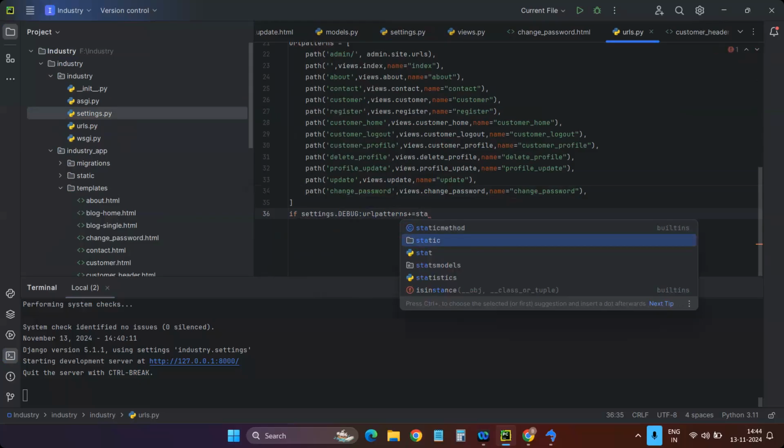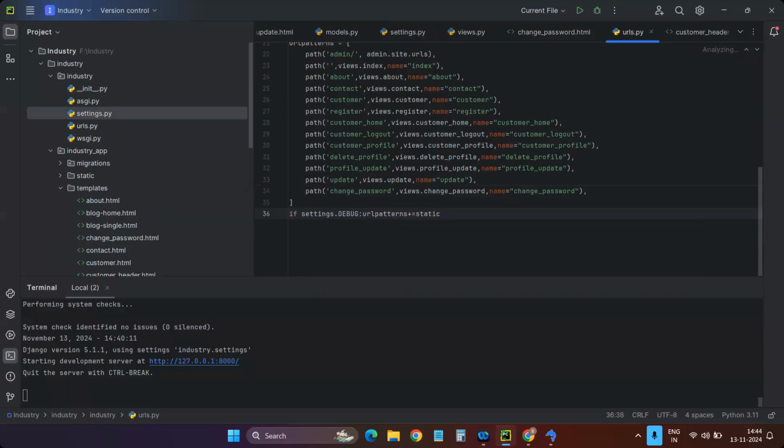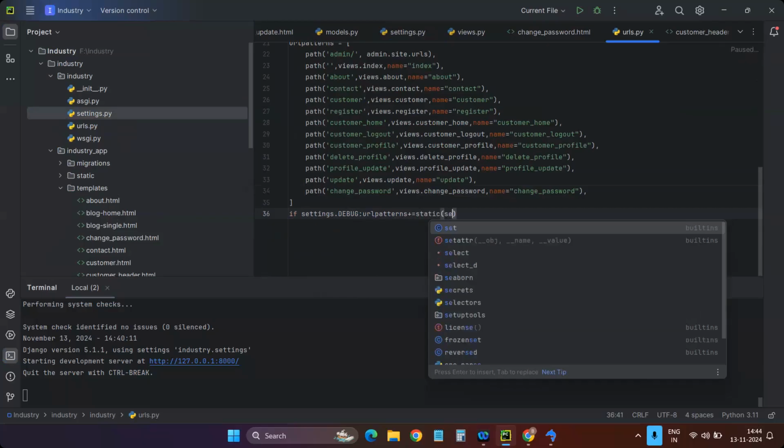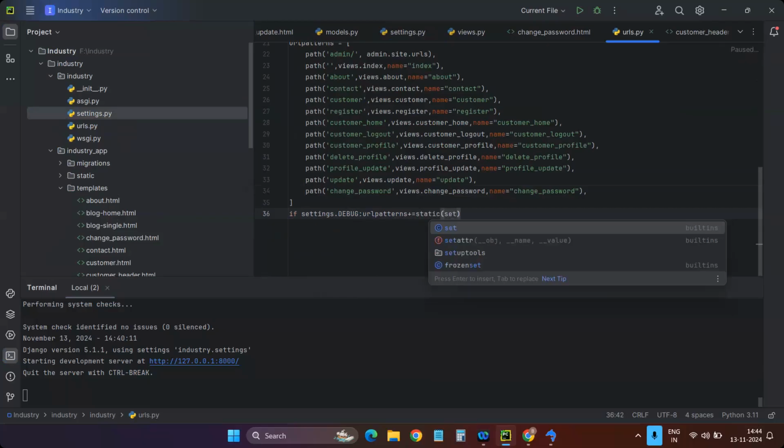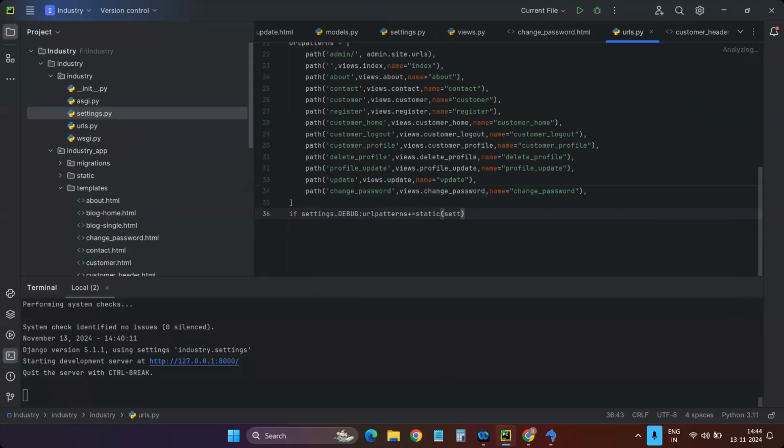You have a package called static. In that static, settings dot media URL, media underscore URL, comma,